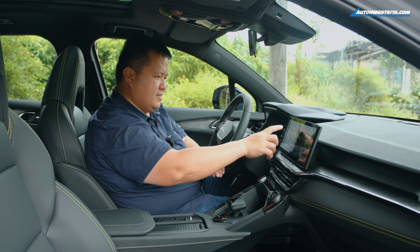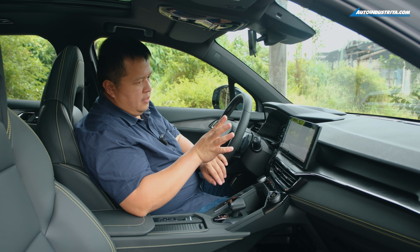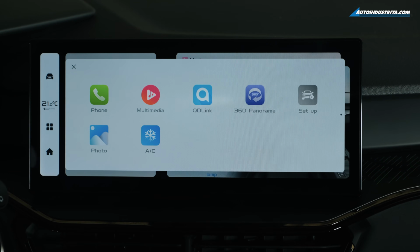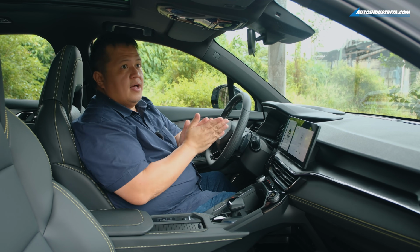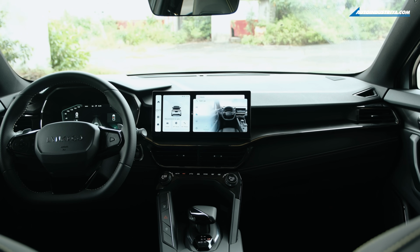Over here, what else do we see? Let's go through the apps of this. So under the apps button, you've got phone, multimedia, your QD link, 360 camera, your setup, AC, photo, all that stuff. So yeah, anyways, it seems like an interesting vehicle to drive, and the quality is actually really nice because